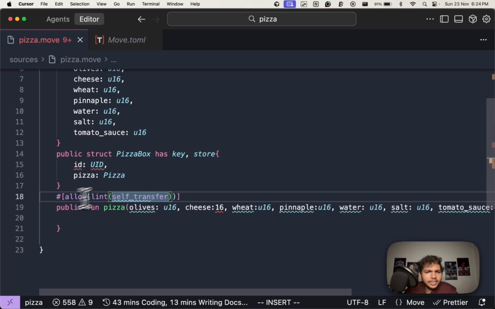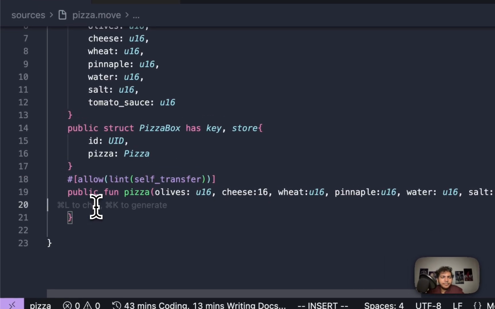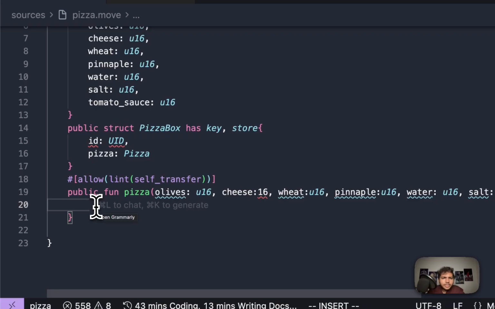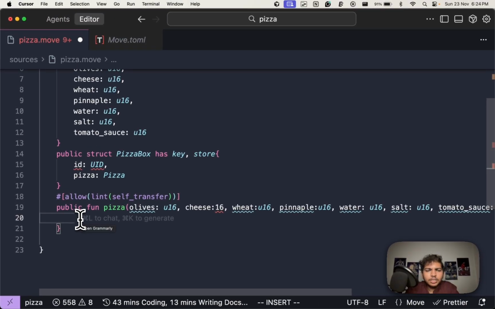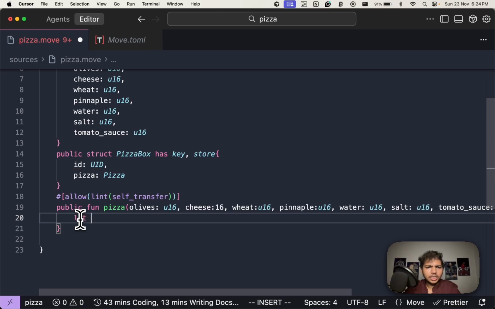All right. I think that should work. Cool. So first things first, we want to derive the sender, the person who is interacting with this smart contract, who will be sending this transaction, because not always I will be sending this transaction. I want users to come and bake their own pizzas, put their own values in this pizza. So I'll just write let sender is equal to